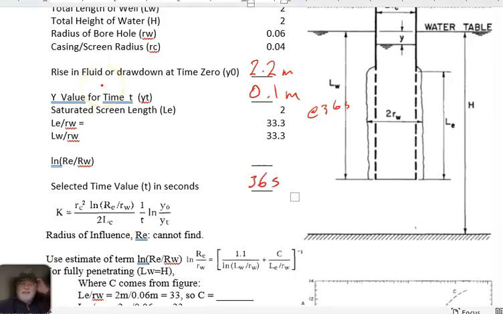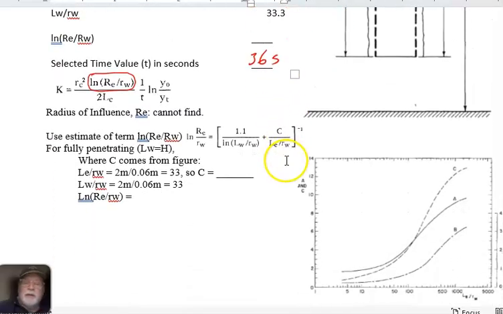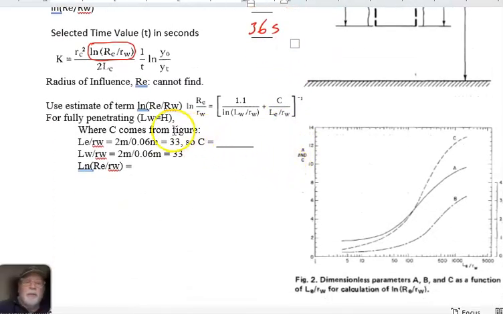All right, now the tricky part. We want to get this. We can't get the radius of influence unless I give it to you in a test. We want to get that combined term. The way we get that, for the fully penetrating version of it, is that combined term is 1.1 over the log of LW over RW plus C over LE over RW. So we have those